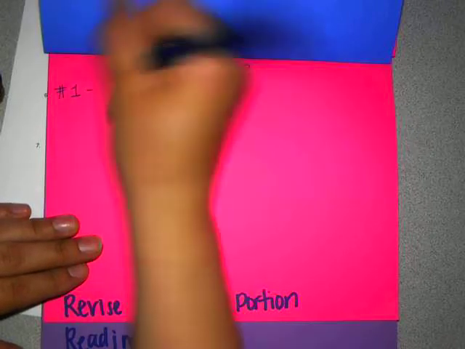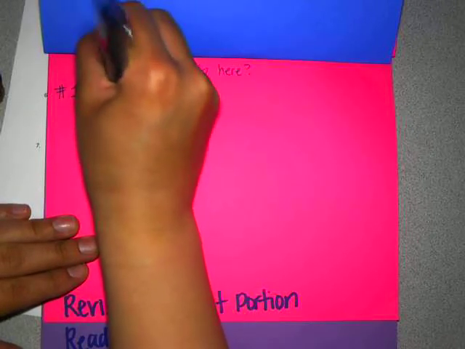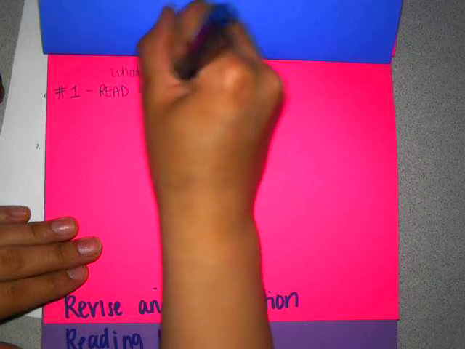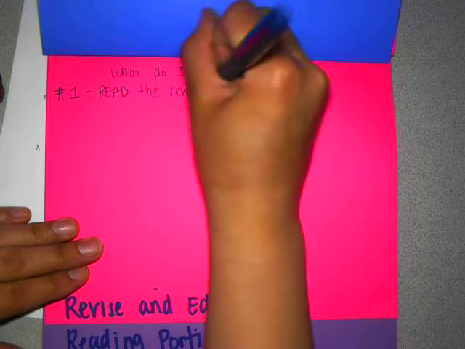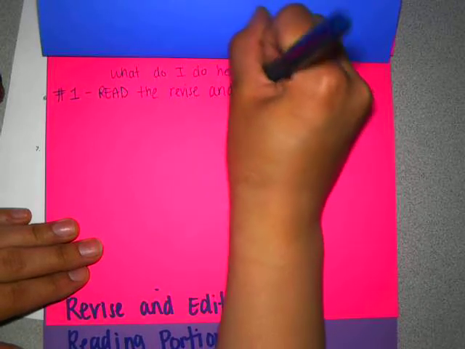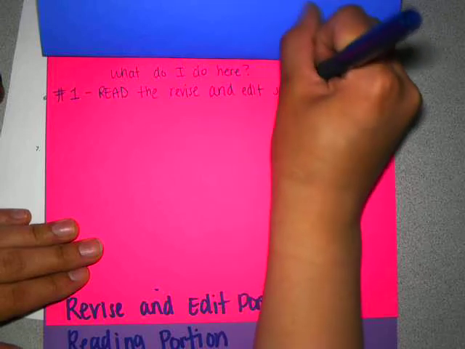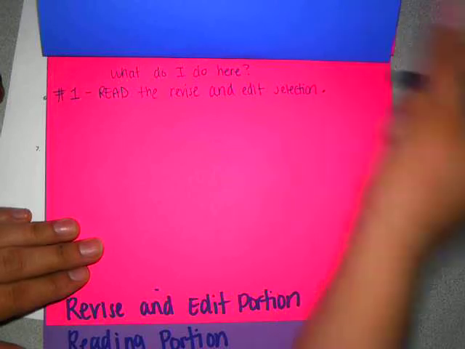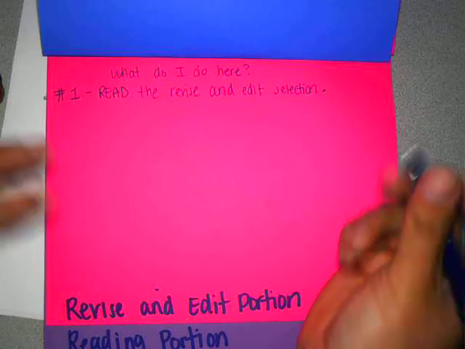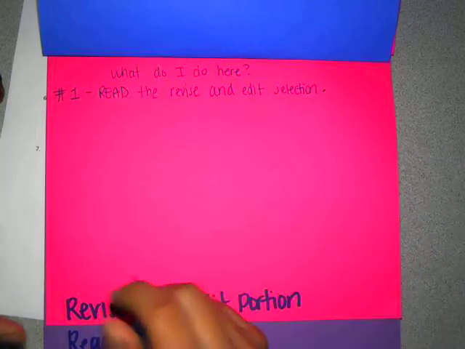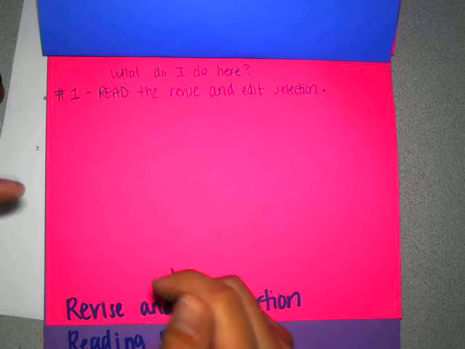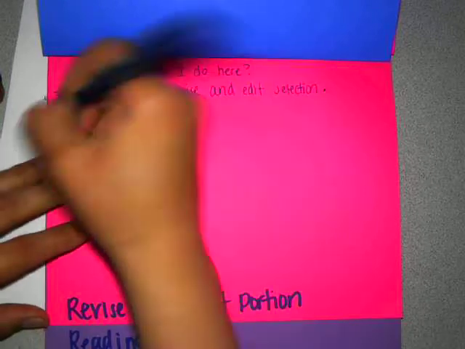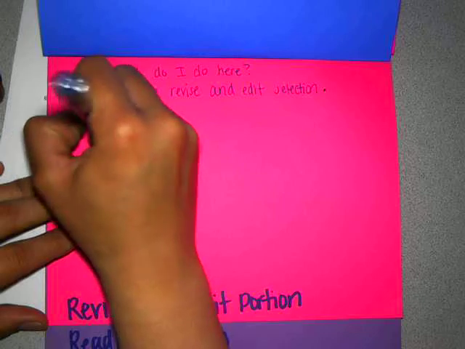Okay. For this one, read the revise and edit portion. And the beauty of it is with this, don't annotate it. You're reading it for sake of comprehension and trying to understand the context that you're going to be getting questions asked on, not necessarily to analyze, which is why we annotate. Step 2, so since you don't annotate,